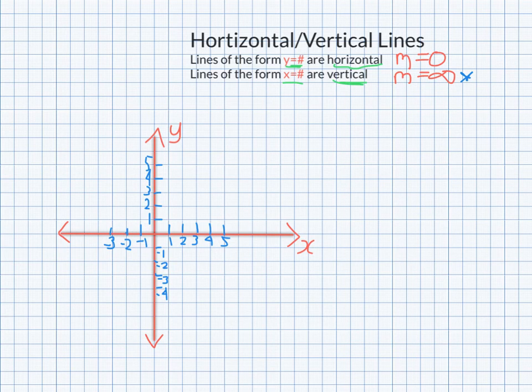So let's look at a few simple graphs. So let's say I want to graph the line y equals 3. Well, that's really easy. It has a y-intercept of 3, and it's a perfectly horizontal line. So y equals 3 is this line in green. Pretty simple. Now let's graph x equals -2. So that's simple. You just have an x-intercept of -2, and it's a perfectly vertical line. And that is the graph of x equals -2. So these lines are pretty simple to graph. People just get tripped up by them by trying to use one of the other methods, but you won't make that